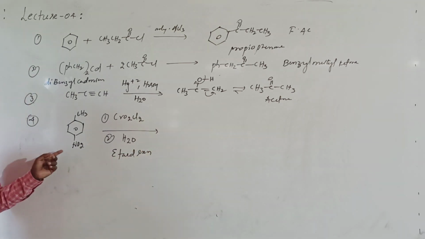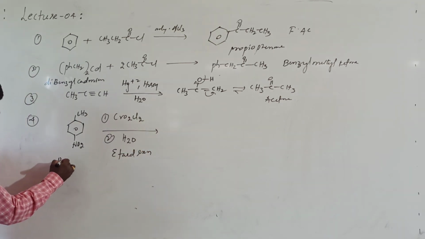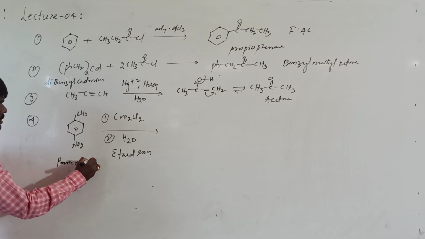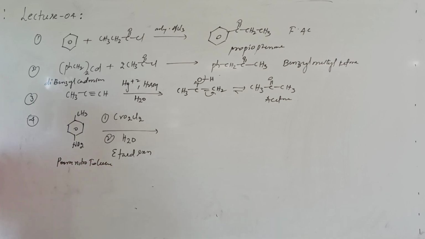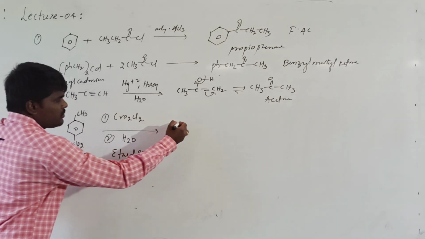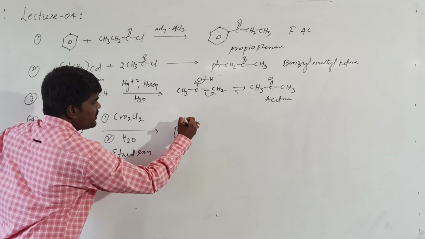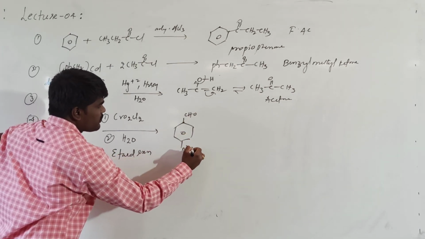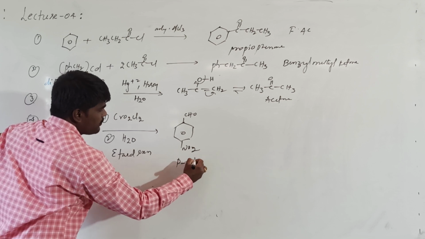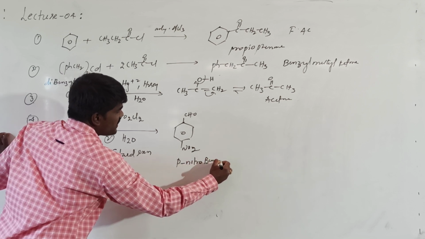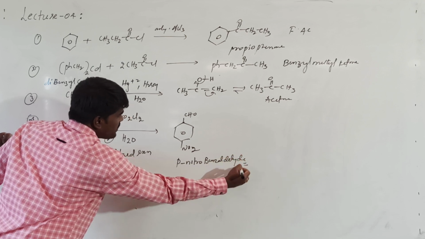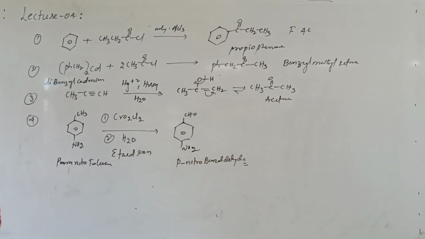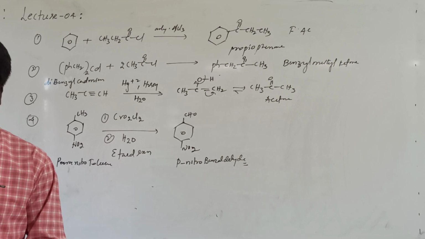Here he has taken the derivative of toluene. This is paranitrotoluene. When it is an Etard reaction, this methyl group has to be converted into an aldehyde group. So from this, what you get is paranitrobenzaldehyde. These are some unsolved in-text questions given based on the methods of preparation of aldehydes and ketones. Hope it is clear so far. Thank you, and the rest will be continued in the next class.